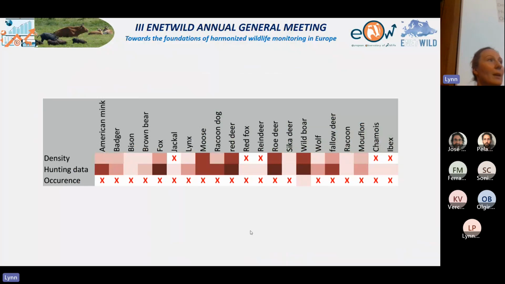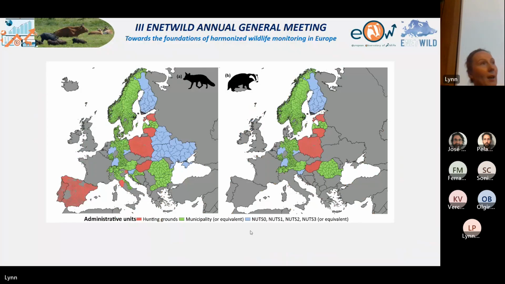But the problem is how reliable is the data, the information which hunters are providing. With the hunting data, we know that if an animal was shot, it's dead, it's only one animal, and the hunters are reporting. So each year we are getting the data with the same standards. We managed to collect quite good information for ungulates and for carnivores.